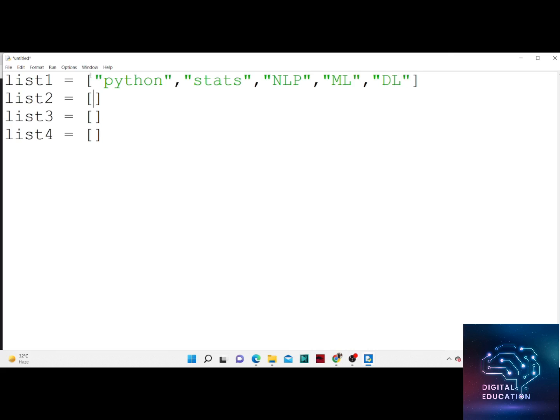So this first list I have defined, and if you see, we have five elements here, separated by commas, and if you check the type, all five elements are of type string. Okay,